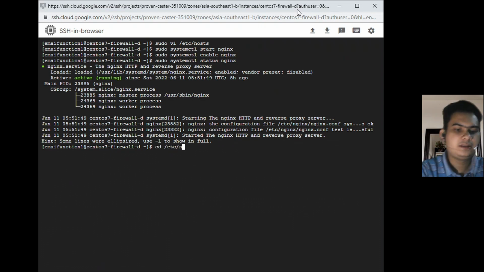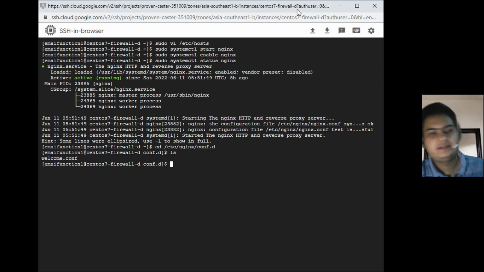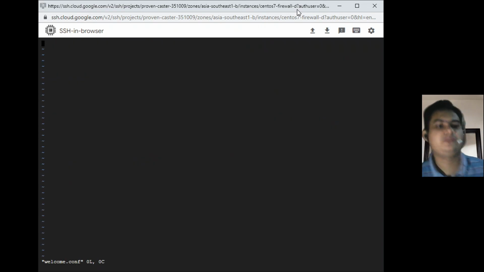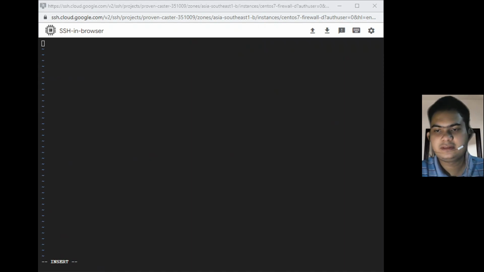The configuration file is located at /etc/nginx, and we have the welcome.conf configuration file. This welcome.conf file is the one that we need to configure. So inside the welcome.conf file, we have to configure the file. So the configuration is